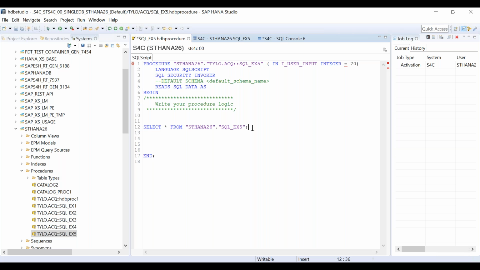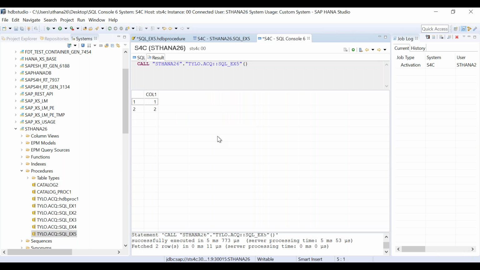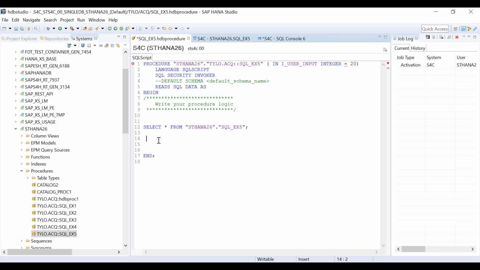What is the maximum value I have here? Please answer in the chat window. What is the maximum value of column 1 in my current table SQL underscore X5? What is the maximum? 2, right? So I will create the entries from number 3 and go till number 23 because I want to insert 20 values. It will select the maximum value and start from that value. Very simple.